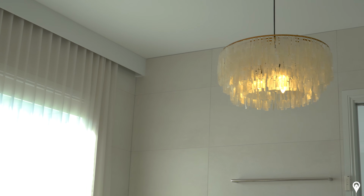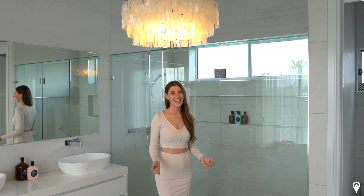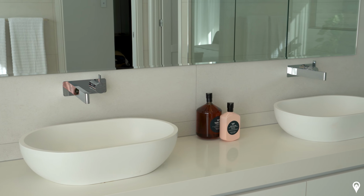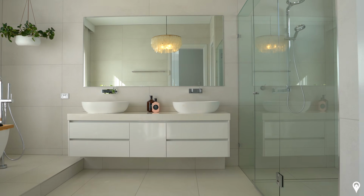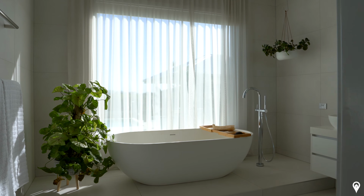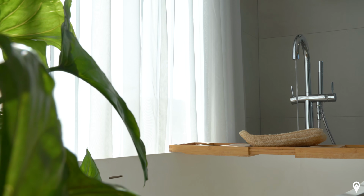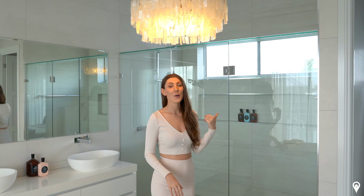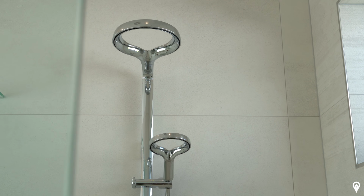Following the common theme in this house, this room is extremely luxurious. The chandelier itself is absolutely gorgeous. You've got your double vanity, a large mirror, which is always nice to see, as well as a standalone tub with that beautiful picture window. I haven't had the chance to relax in this tub during the stay, but man, what a perfect place to relax and unwind. There is also the large standalone shower in this space, and we've never seen shower heads like